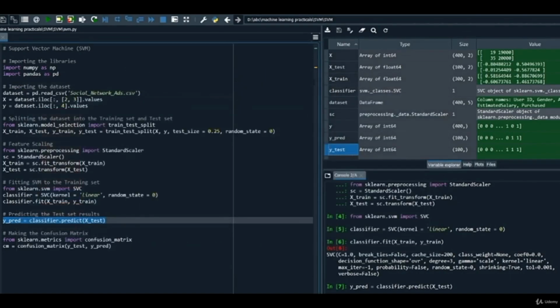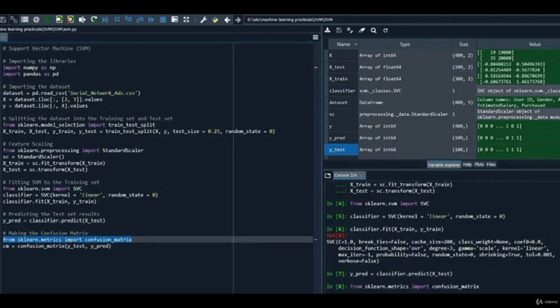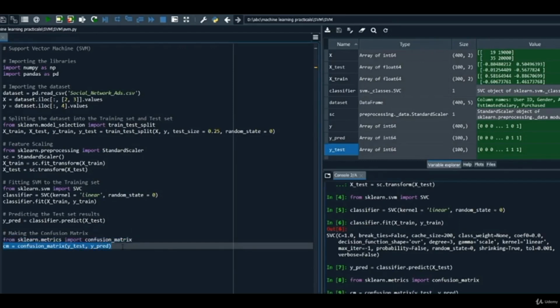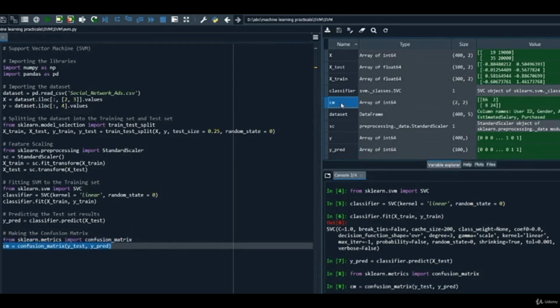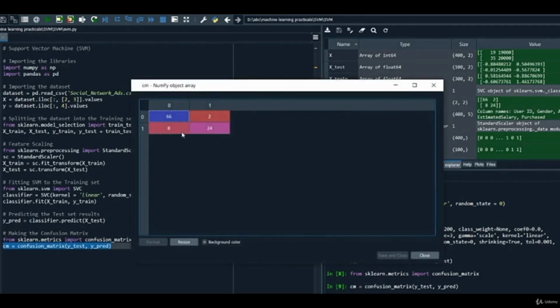So in order to get the accuracy, we are going to compute our confusion matrix. For that, from sklearn.metrics, we are going to import confusion_matrix first, and then create an object of confusion matrix, that is cm equals confusion_matrix, and then pass both the values, the actual value and the prediction, so y_test and y_pred. Now this is the cm, the confusion matrix that we just created, and as you can see here, the values above are the actual values, and the values on the left are the predictions made by our model.